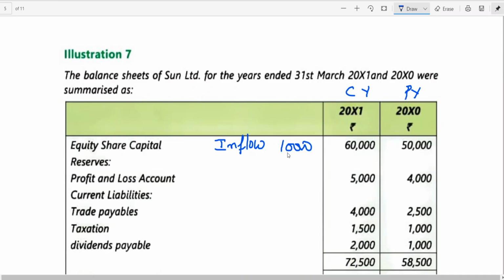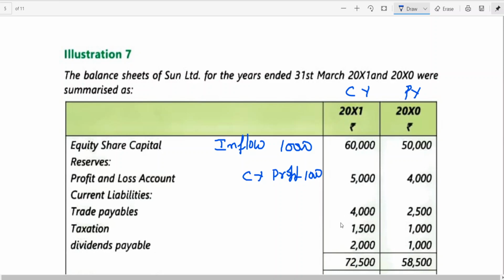With pencil you can put like this later on. If it is not relating to cash outflow, you can delete. Without wasting your time, you can just go for comparison. And then if you look at the P&L account, 4,000 has become 5,000. It means the current year profit is how much? Current year profit is 1,000, am I right? The difference between 4,000 and 5,000, we can see later on.